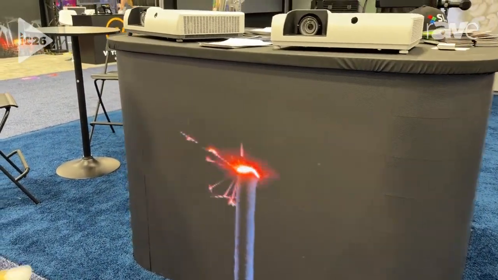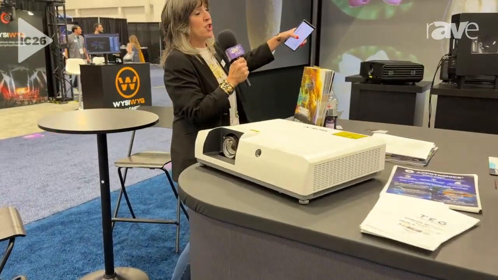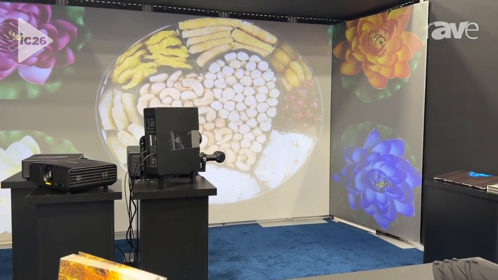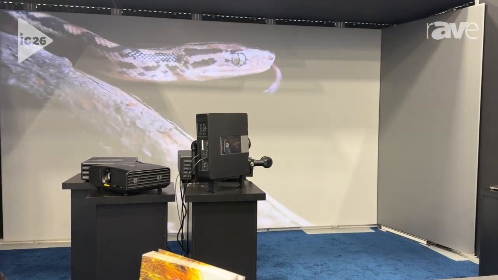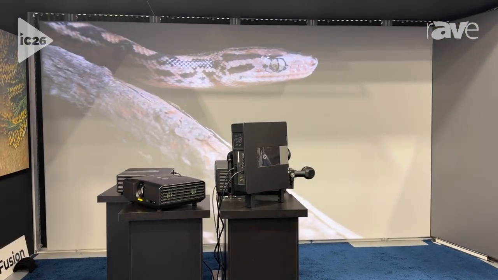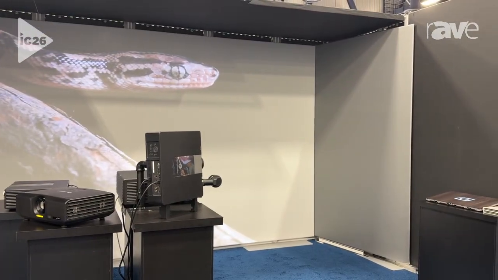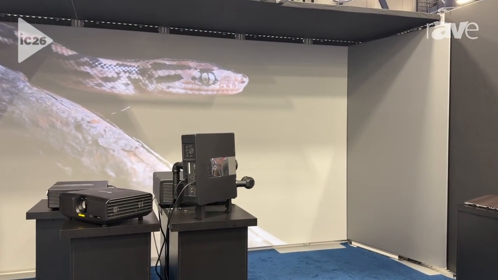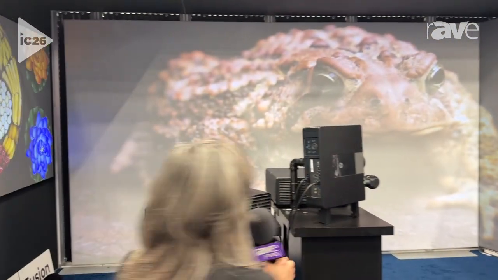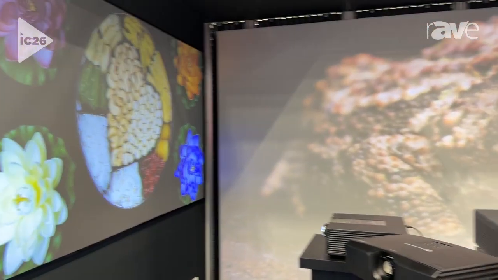You can see back here, these two screens are just showing one big image. So Total Channel has a specific product called the Genius Wall that allows you to have multiple walls of content or multiple screens of content all managed with a multi-output video wall processor, custom aspect scaler, and media player all in one box. If we scroll over here, you can see on this beautiful black diamond screen, it's playing content